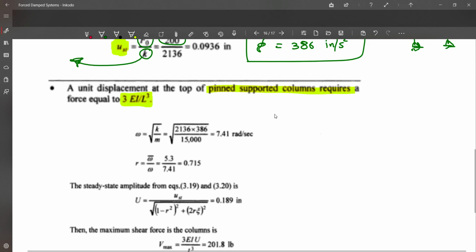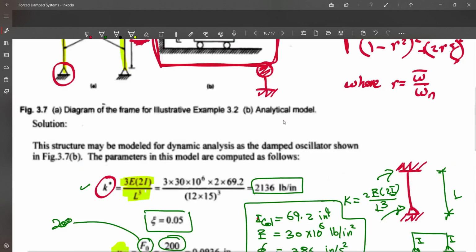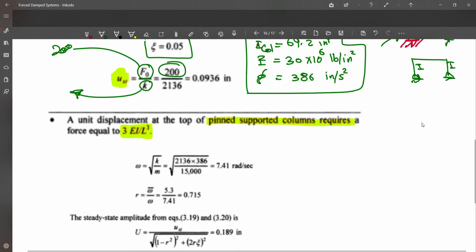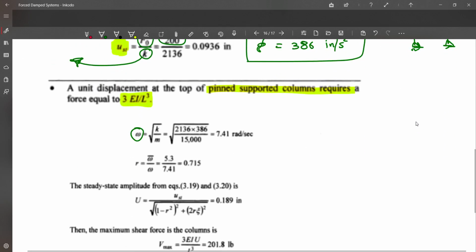Based on this, we now want what? We want to calculate this R here, which is omega bar over omega n. So we need to calculate omega bar and omega n. So based on this, our omega, which is the natural frequency of the system, please take care because here I'm